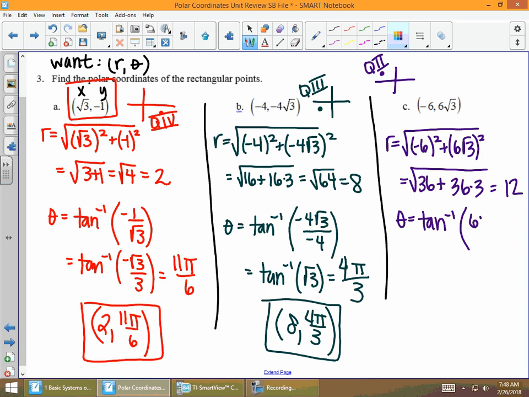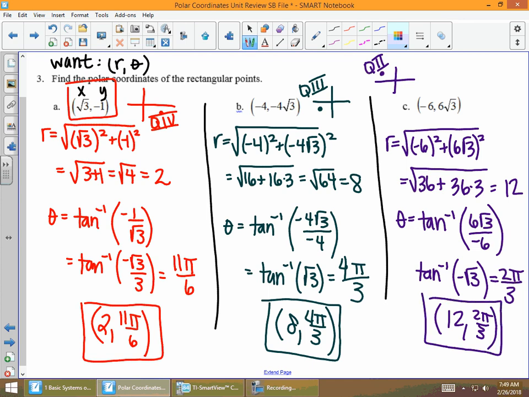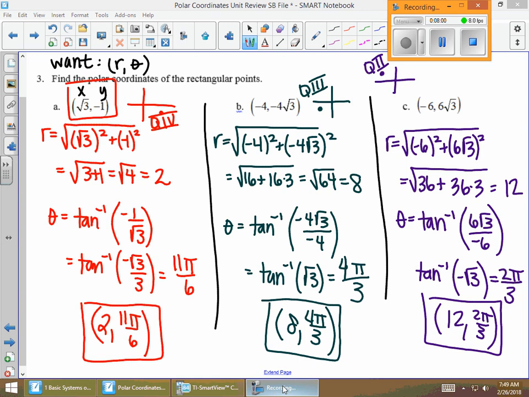y over x, so 6 radical 3 over negative 6. And here our x is negative, so if we were going to use our calculator and get this angle value, we would have to add 180. We take care of that. We don't have to do that when we use our unit circle knowledge here. So our 6 is canceled, so it's negative radical 3. And of course, that's a pi over 3, and the pi over 3 that happens in quadrant 2 is 2 pi over 3. So in polar coordinates, this point is 12, 2 pi over 3. r is 12, theta is 2 pi over 3. All right,